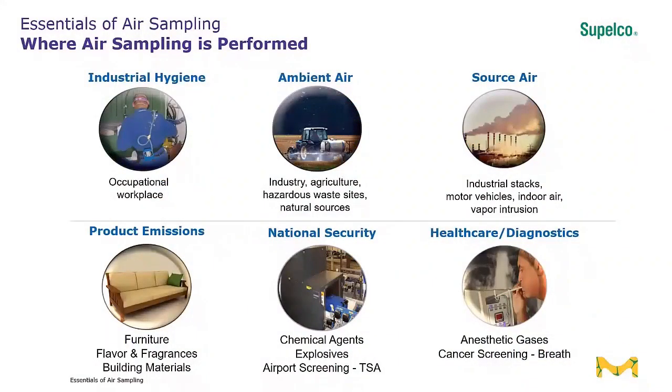When developing the process for taking an air sample, it's important to understand that air sampling is a process used to determine which analytes or airborne contaminants are present in the environment that you are sampling. This slide shows some different environments where you might be taking an air sample: industrial hygiene in the workplace, ambient air, also for product emissions, source air,